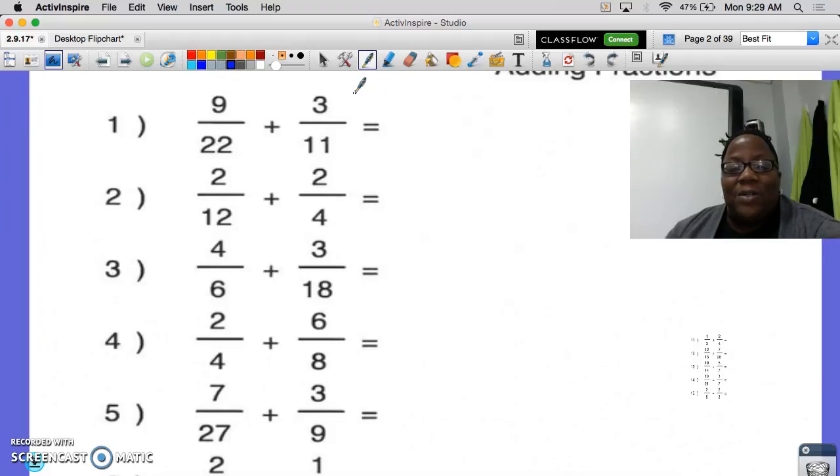Okay. So what I'm going to do is demonstrate problems that are on your homework page. These are going to probably be the same problems that we do in class. At least now you have a reference on how to do these problems, okay? So again, Heart Academy, 7th graders,